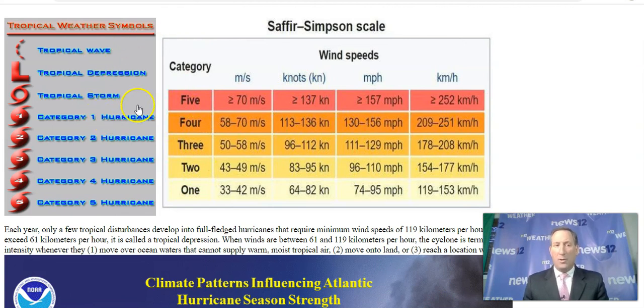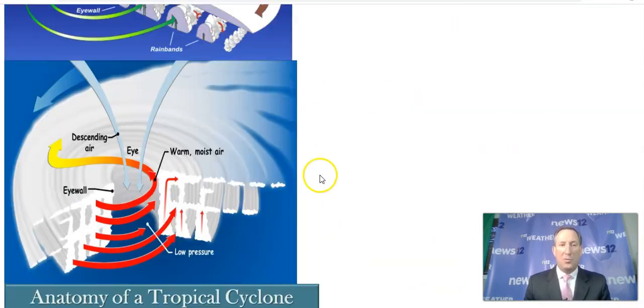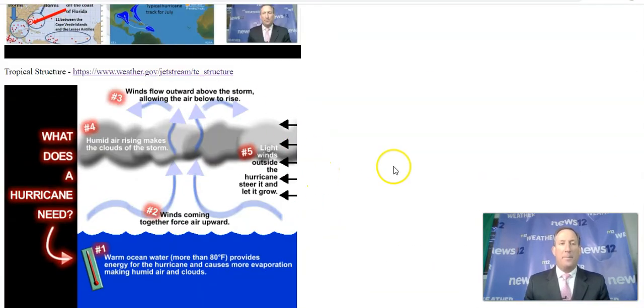Tropical systems are cyclones. They start off as a tropical wave. They go to a tropical depression, which has winds of up to 38 miles per hour. Tropical storm gets a name at 39 miles per hour, and 74 miles per hour for a hurricane, and 111 miles per hour for a major hurricane, which is Category 3. So understanding the structure of the hurricane as well. So these are just some of the topics that